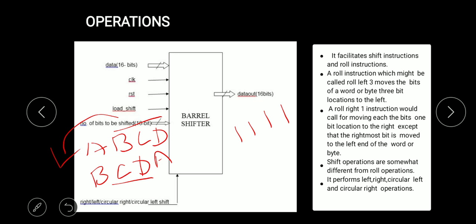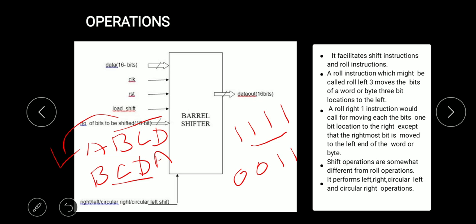Here we are going to apply a shift right operation, shift right by 2 bits. In this input, our output will be 0 0 1 1. In this output, we can clearly see that 2 bits disappear on the right and zeros are filled on the left. Shifting left would have an opposite effect for this instruction.